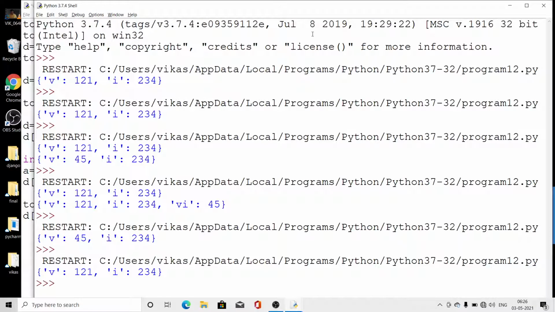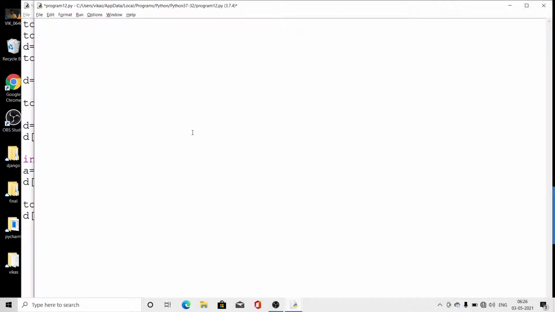So by using the IDLE, look here, D is equal to, again I am storing V with their values 1 2 3, comma I with their value 4 5 6, and I am writing delete D. Wait here.